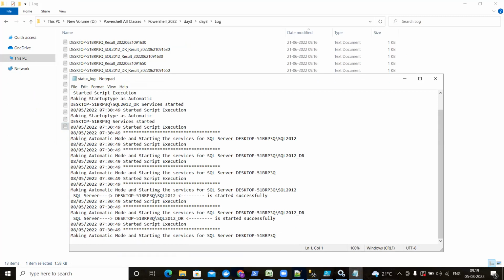So you can see here, now you can see SQL Server, this is started successfully. 2012 came with a good result. Then you see DR also gave the result correctly, successfully, but it did not come for this one. Why? Because I have not added